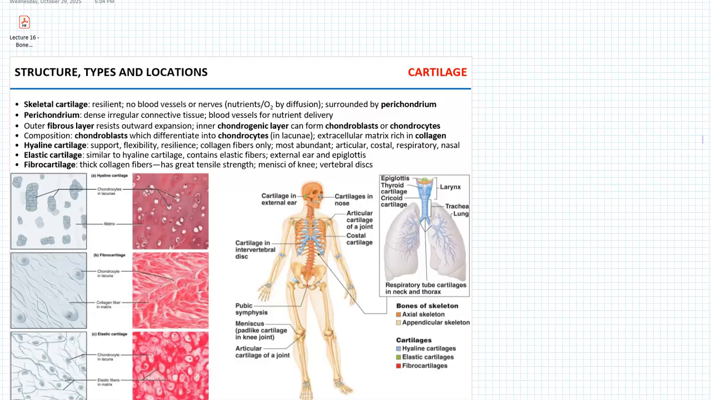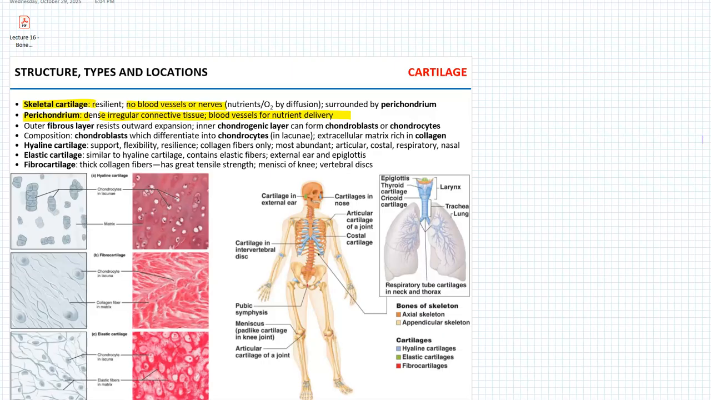We're going to start with a conversation about the cartilage. So, things to know about skeletal cartilage: no blood vessels or nerves inside the matrix. Blood vessels are found only in the perichondrium, which is the dense irregular connective tissue, and I want to remind you